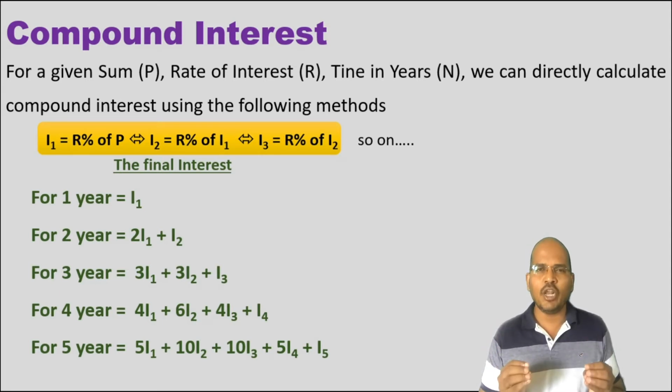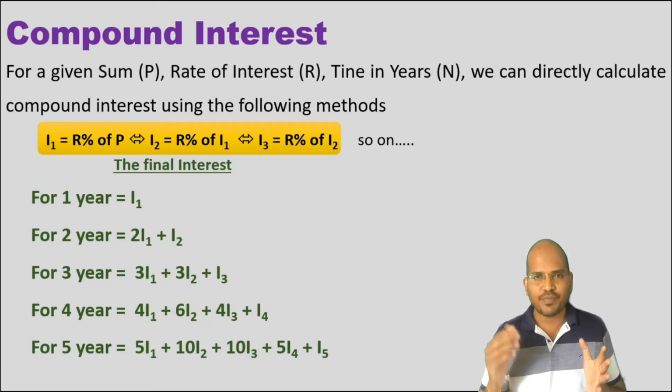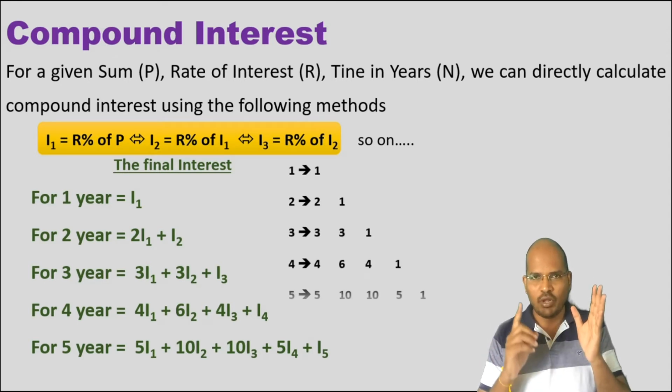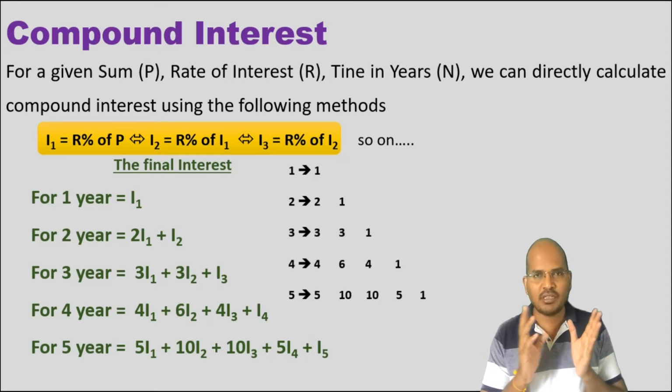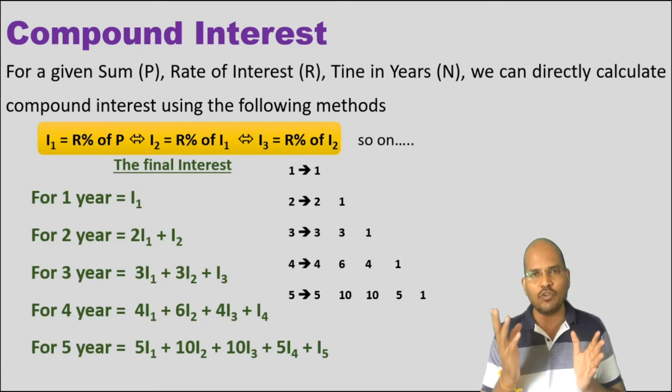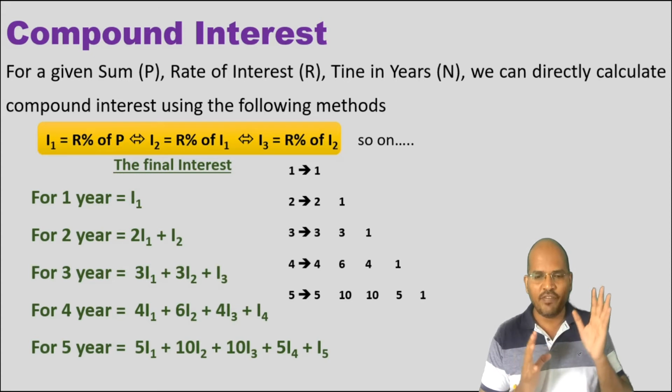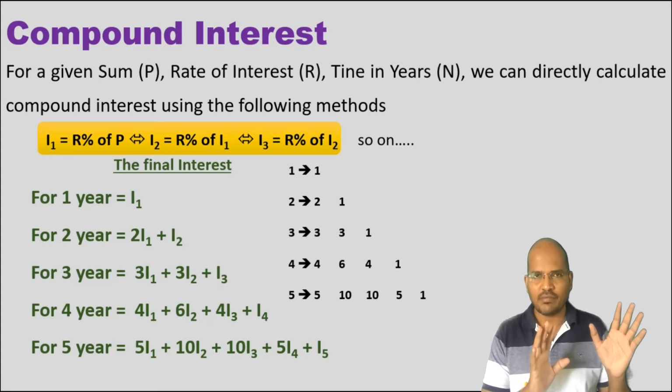It is really weird to remember formulae, but there are some methods of learning these formulas. Now, it goes like this. If it is 1 year, one interest term; 2 years, there are two terms; 3 years, three terms; 4 years, four terms; 5 years, five terms, isn't it? So keep that in mind. If it is 5 years, you get five terms.